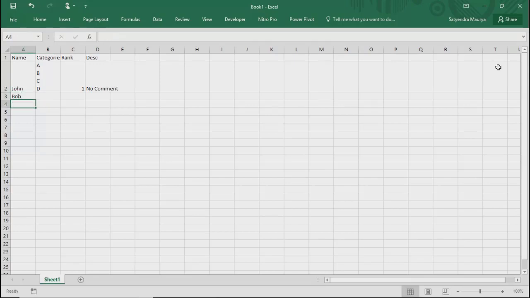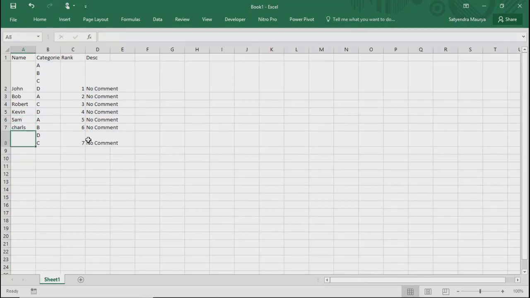Then Bob, over here A, 2, no comment. Then C, D, A, B, D, and C. And over here Robert, Kevin, Sam, Charles, and Johnny, whatever. If you want to read this data, will there be any problem?